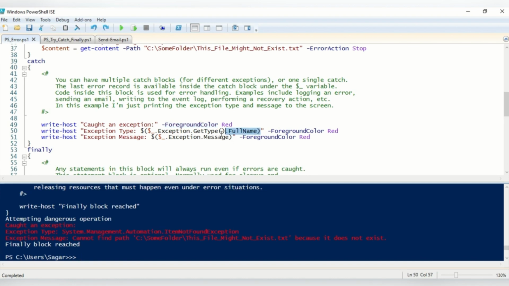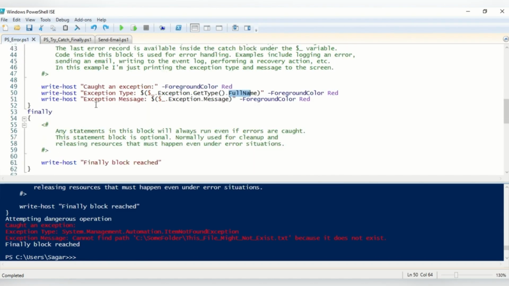You can get the exception name using dollar symbol underscore dot exception dot GetType. So you got the exception and the type, then the full name. And the exception message also, as I showed, you can get the message saying cannot find a path because it does not exist. As I mentioned again, if you want to close anything, let's say you are enabling some connection with the cloud or Azure or